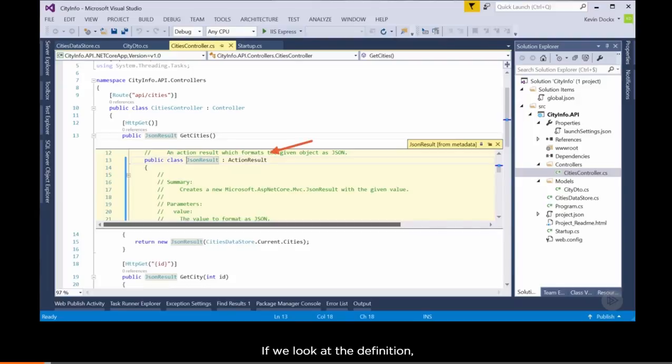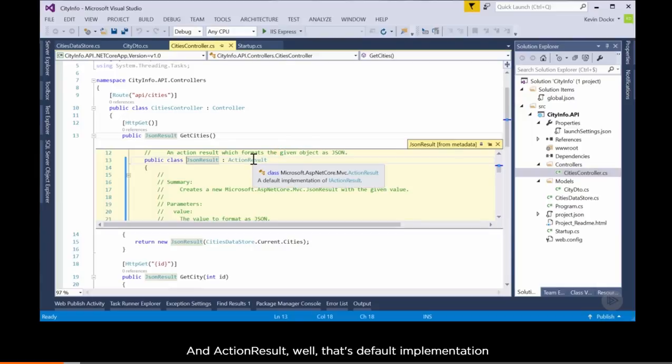If we look at the definition, we see that JSON result is an action result, which formats the given object as JSON. An action result, well, that's a default implementation of